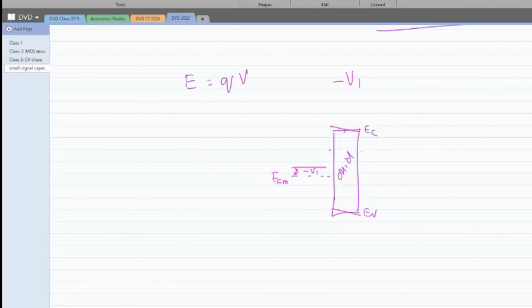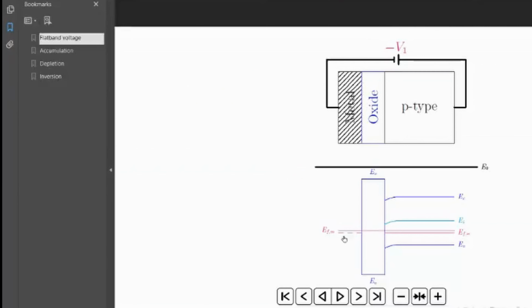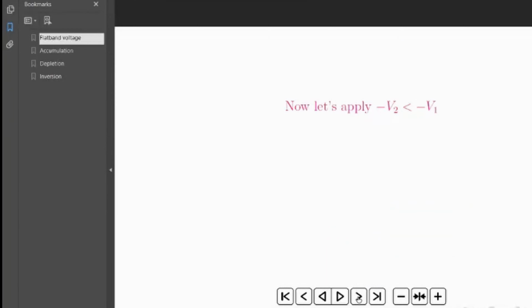There are a lot of things I have to talk about before I really discuss this. We will not worry about the oxide part. Let us assume that the oxide conduction band and valence band are immaterial for our current discussion, and we'll just concentrate on this, because I just want to talk about flat band voltage, wherein all these would be flat bands.